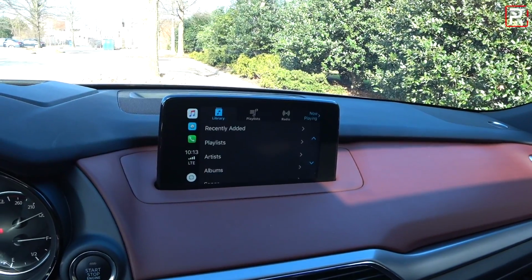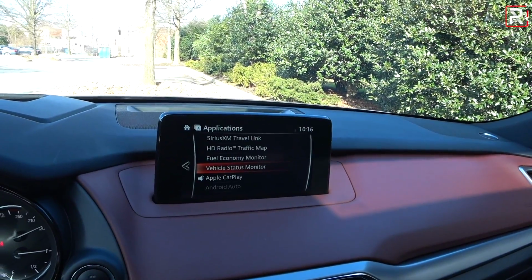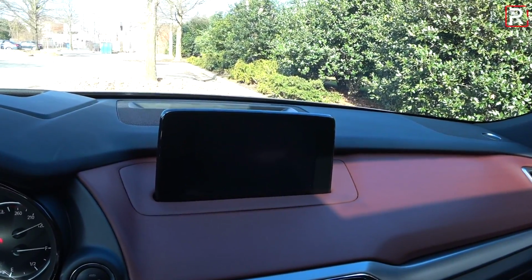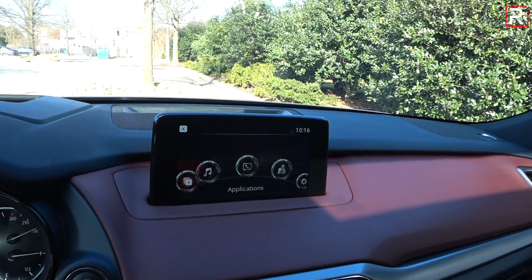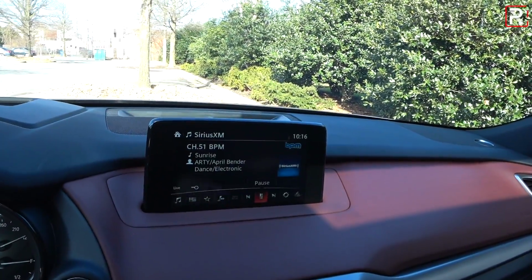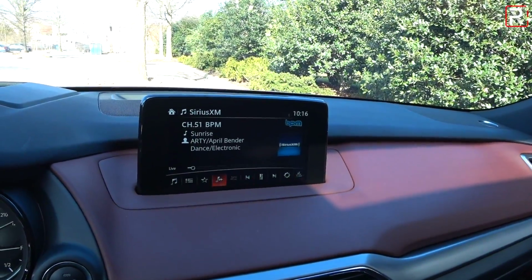Now you can see here when you go to your audio display, again it goes automatically to the Apple CarPlay. Let me go back over there, and that's kind of annoying when you hit that. So to go back, I want to actually go back to just the Mazda head unit here, or the Mazda audio system, not my phone. So go to entertainment there, and that'll give you the option to go over there, where it shows a nice representation of the actual channel display for whatnot,